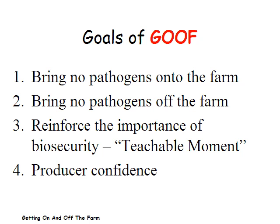Likewise, if we are working with a farm where there is a disease problem, we certainly want to make sure that we're not bringing that pathogen off the farm and potentially serving as a vector to spread it to other farm operations. I think another important goal of getting on and off the farm is actually to reinforce the importance of biosecurity to